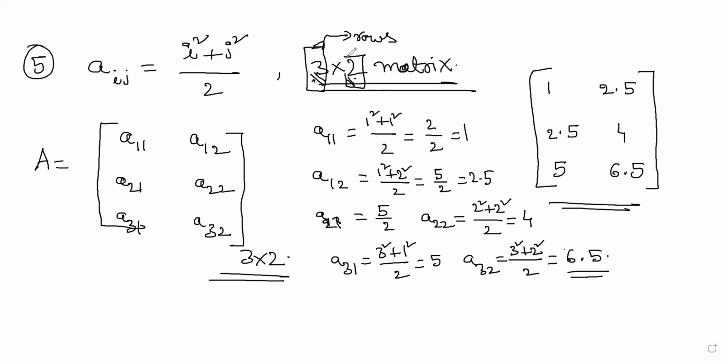Second one is columns. If anyone has any confusion, clear it now. First comes the row, second comes the column. Clear, sir. Clear, everyone? Okay, good. Now Aij, first the row, next comes the column. Keep this in mind. That is like I square minus J square divided by 2.